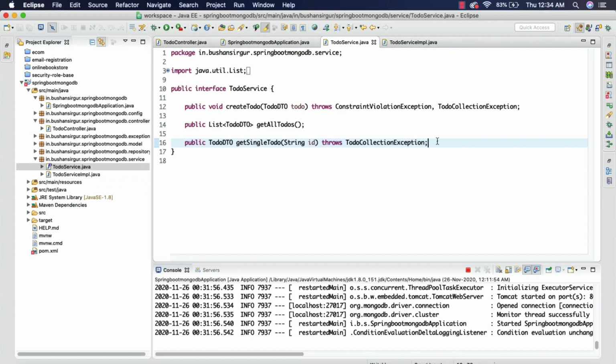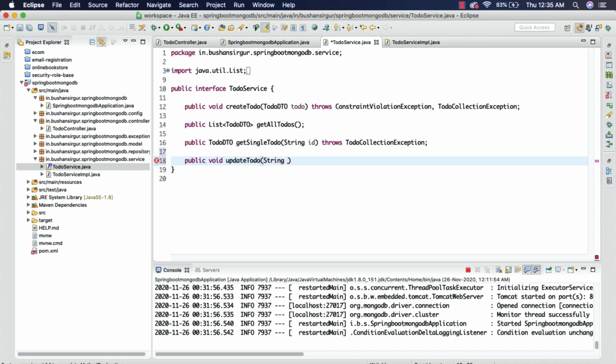So in this video we're going to refactor the put mapping, which is updating a document. So let's begin. Let's go to this service interface and declare a new method which is public, and this is going to return void, and I'm going to call this updateToDo. Of course this is going to take two parameters.